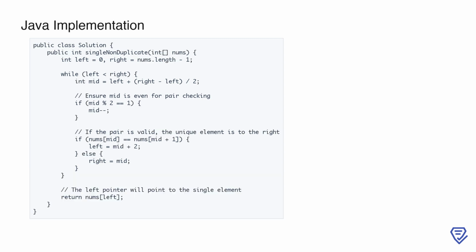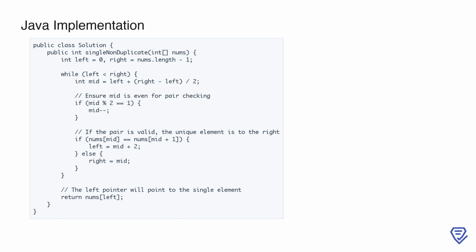This is the Java implementation of LeetCode problem number 540, single element in a sorted array. The logic mirrors the Python solution, where binary search is used to efficiently locate the single non-duplicate element in a sorted array. Key differences in Java include explicit type declarations and handling Java class structure. The algorithm ensures that the search space is narrowed based on the pairing pattern of elements, maintaining the time complexity